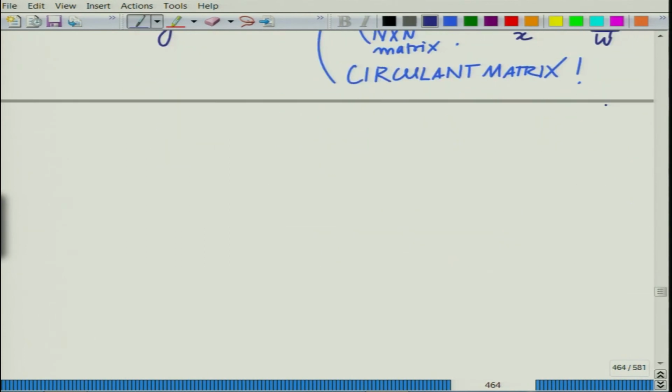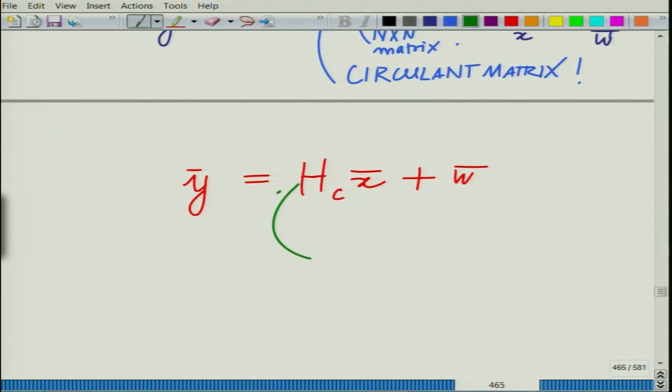And now, I can write this as y bar equals HC times x bar plus w bar, and HC is a circulant matrix,